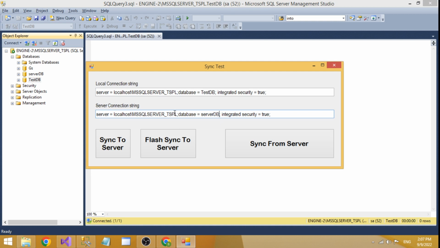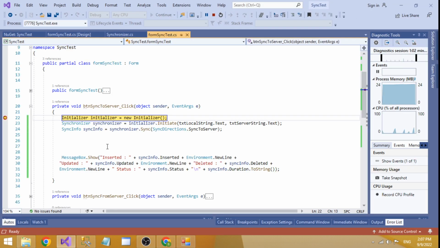In a production environment, you need to mention the database name and IP address and all, right? This is just for demonstration. I just created two databases in the same machine, and for each database I created a different connection string, right? So whenever I click on sync to server, you can see